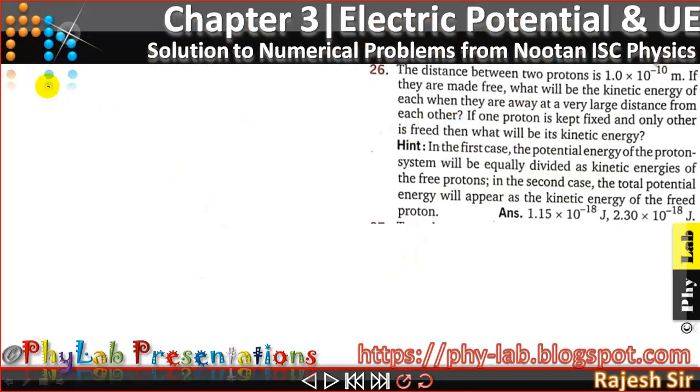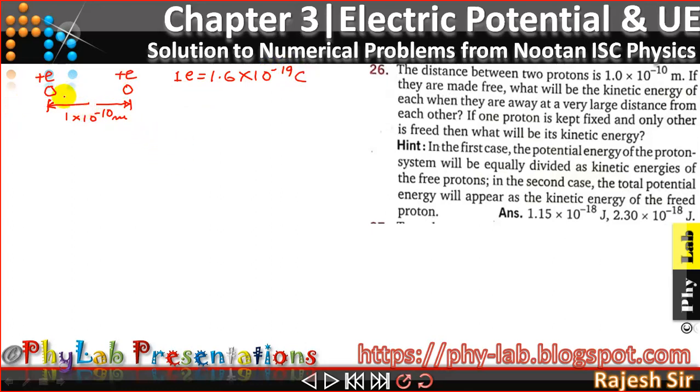Now here we have two protons. This is proton 1 and then I've got another proton 2. They are separated by a distance of 1 × 10^-10 meter, friends. Now what is the charge possessed by each proton? The charge possessed by each proton is e, the elementary unit of charge, that is 1.6 × 10^-19 coulomb. Proton being a positively charged particle, these charges will have a positive nature, so that's the reason why I have written down +e and +e.